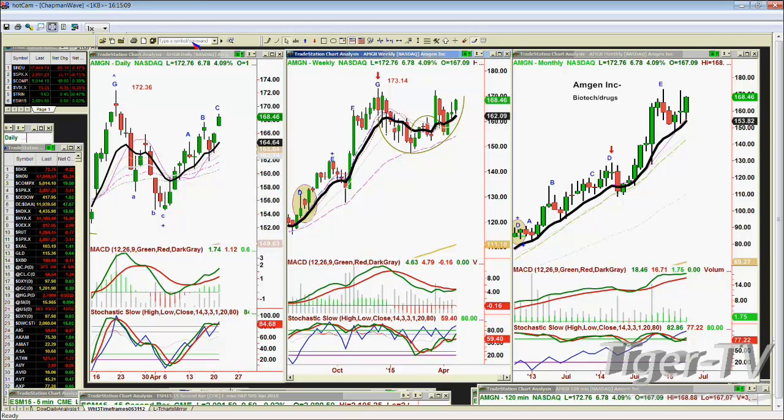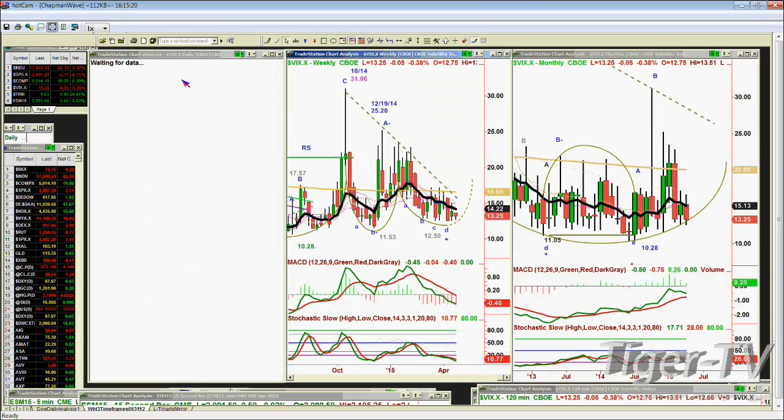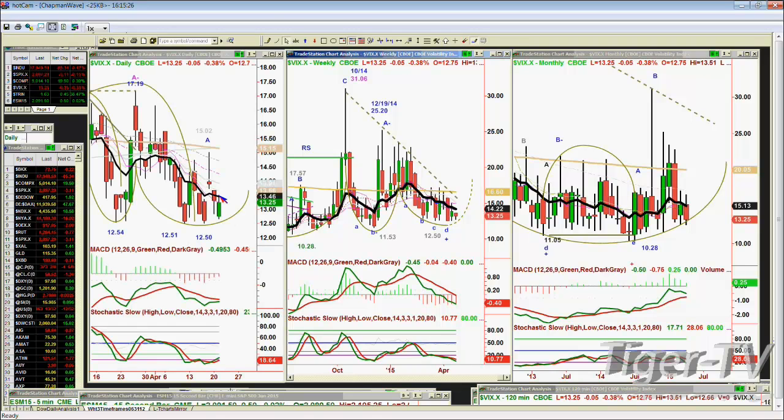So now there are a couple of things I was asked about. But before I do anything else, I want to discuss something, and I'll come back to it a little later on. The VIX index. The VIX index is trading at 13.25 at the close today. It got repelled by the 9-period moving average, that black line of 13.46. These are the numbers I'm watching. If on Friday, at 4 o'clock this Friday, the VIX index is trading anywhere in the high 13s, we'll be watching 14.22, because a close above that 14.22 level will be the first time the volatility index has closed